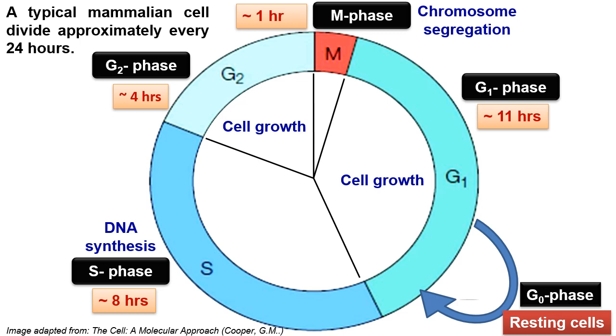We will be discussing these phases in more detail subsequently in this presentation. But before I move on, I would like to mention that the cell cycle that we are discussing is also known as the mitotic cell cycle. This is because most eukaryotic cells, such as somatic cells, divide and maintain the number of chromosomes in the daughter cells that were present in the parental cell.